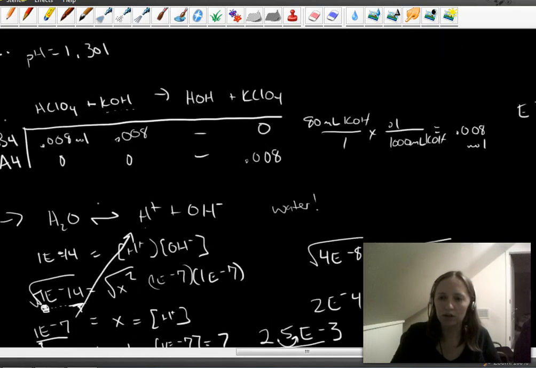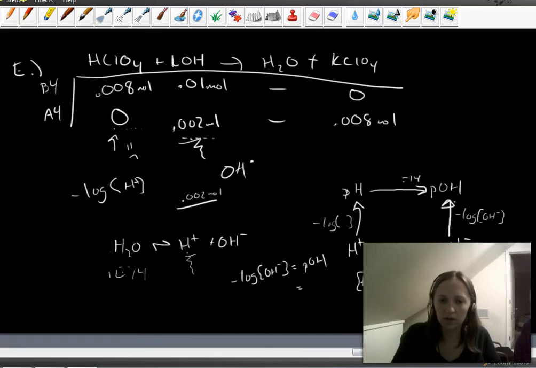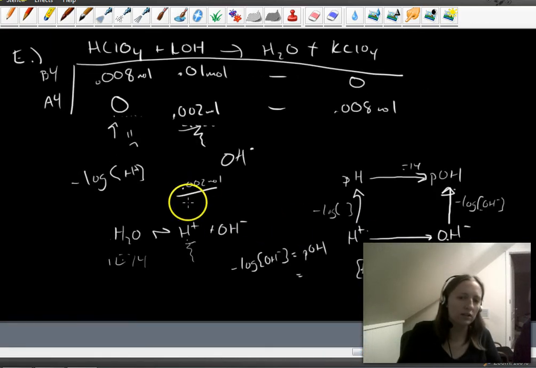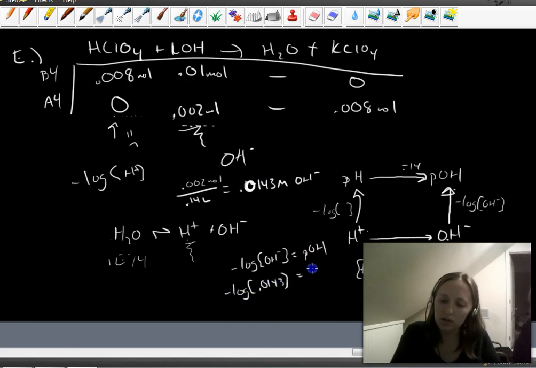So that's 0.002 moles divided by 0.14 liters. That gives you 0.0143 molar hydroxide. So that's negative log of 0.0143, and that gives you